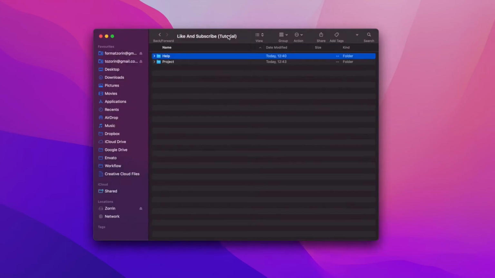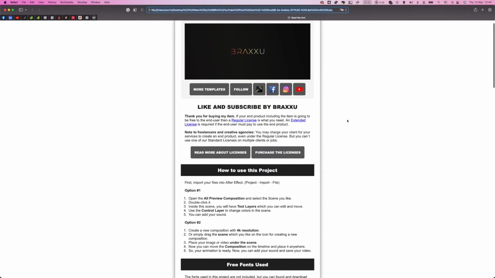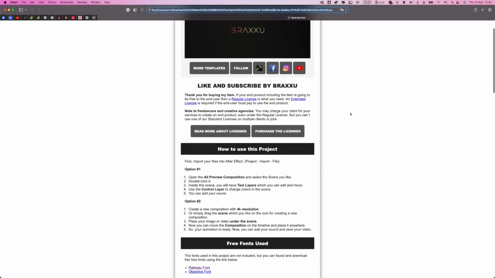When you download that project from Video Hive, you will have several folders. First of all, open that folder Help. Inside that Help folder, you will have a README file. Open that README file. Inside that README file, you can find all important information which helps you customize that project,